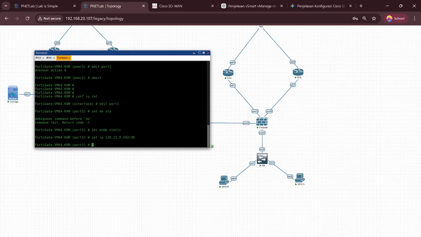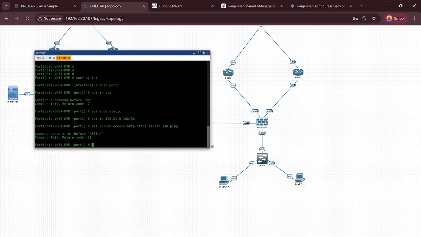Now set allow access: HTTPS, telnet, SSH and ping. Click enter.